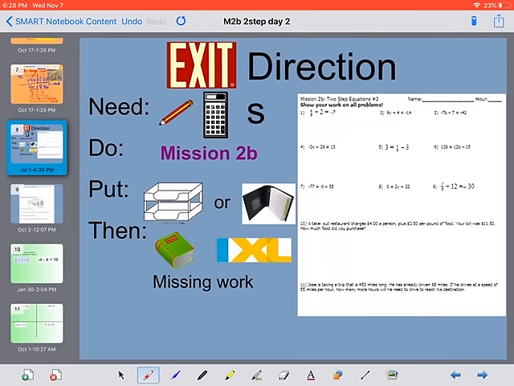So here we go. Here are exit directions. You are working on now our two-step equations. There are some that are just solving and some that are